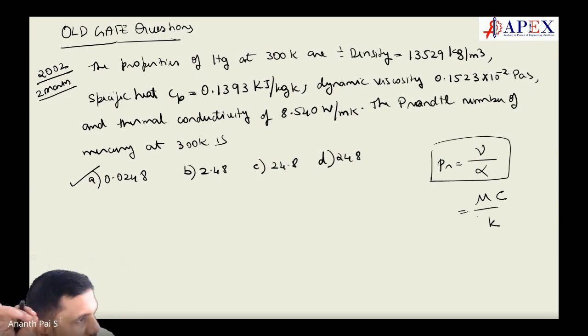I don't remember these formulas, let me tell you, but it's better you remember. I remember nu by alpha, but sometimes I confuse whether alpha is in the numerator or in the denominator. That confusion is there. But then I think the plate is heated, the heat goes up, the water goes up. So water is up, heat is